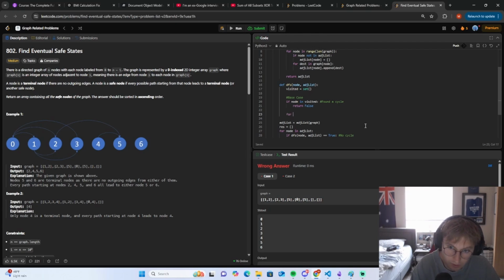We go for neighbor in adjacency list node. This would be our recursive function, right? So for each neighbor, right, we're going to